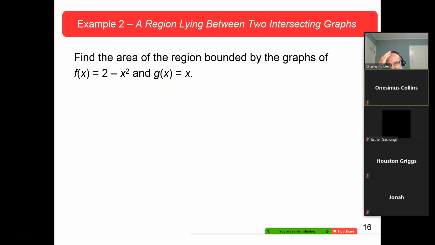Now, just glancing at this, I would say g is always going to be greater than f. Okay, no, it won't always be. So what we've got to figure out is the points of intersection. Well, what are the points of intersection? That's where f is equal to g. So let's go back to the whiteboard,